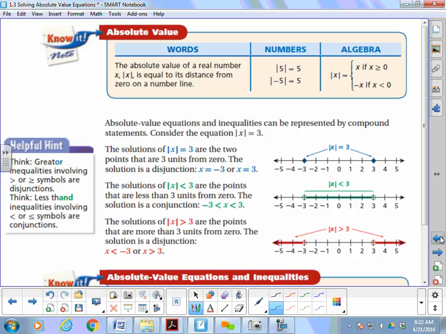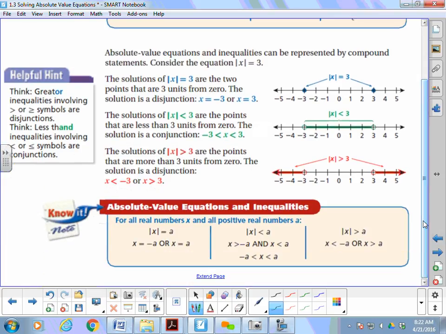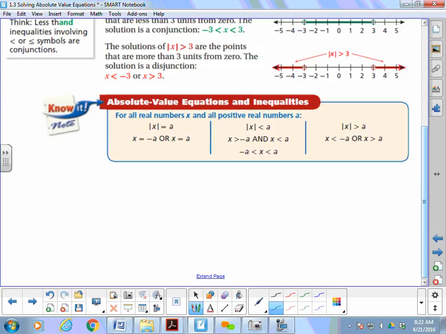Now, sometimes it changes, so you have to be careful when your coefficient is negative. Okay, so watch out for that. All right. So when we solve absolute value, if we have the absolute value of x equals a, x could be positive a or negative a, right? So we're going to be solving two equations every time we solve anything here. Okay? If it is an inequality,